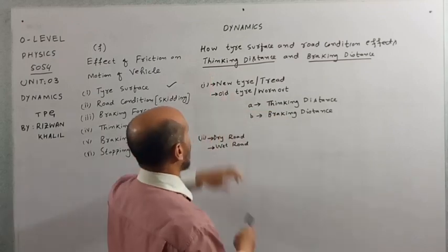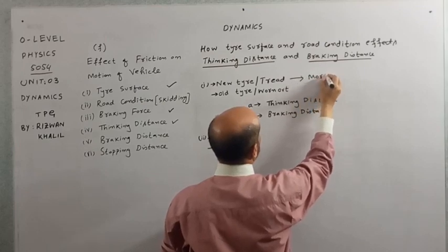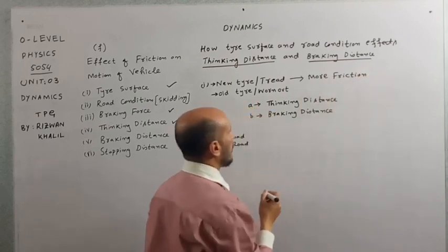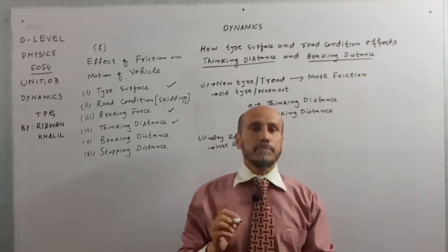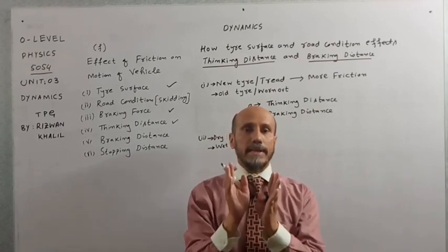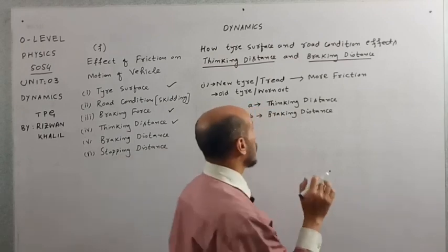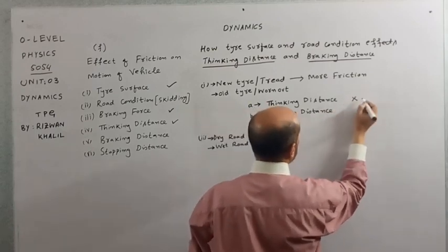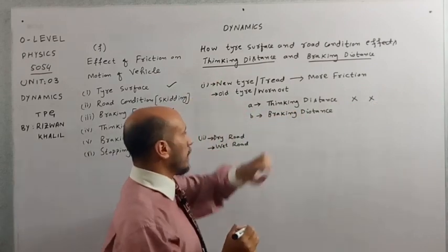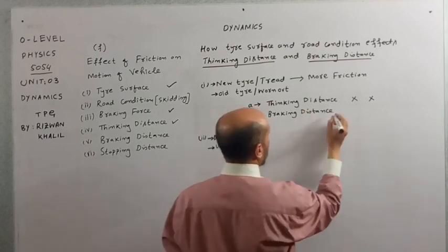If tires are new, they definitely have more friction. More friction means more grip, and more grip means that when we apply the brakes, the car will come to a state of rest in very little time, covering less distance. So thinking distance is not affected by either new or old tires. Yes, braking distance will be affected by both types of tire. If a new tire is there,